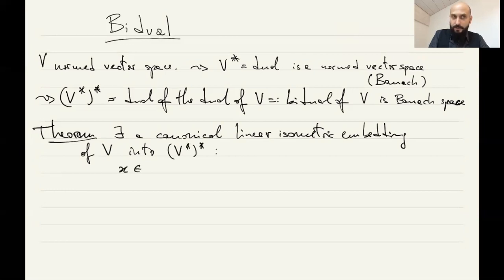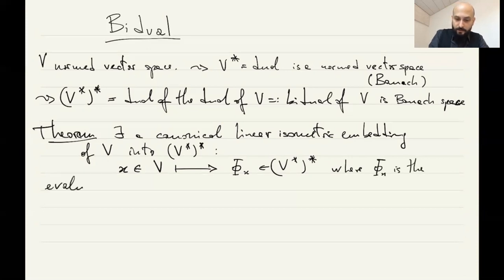Given x in V, we send this x into the map, let's call it Phi-x, in V star star, which is the evaluation at x,